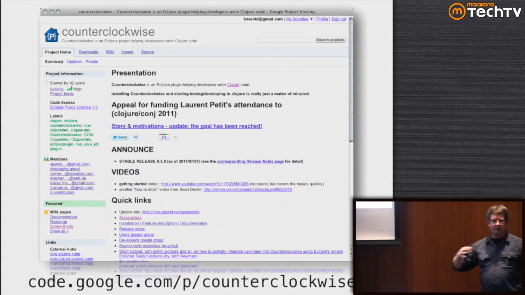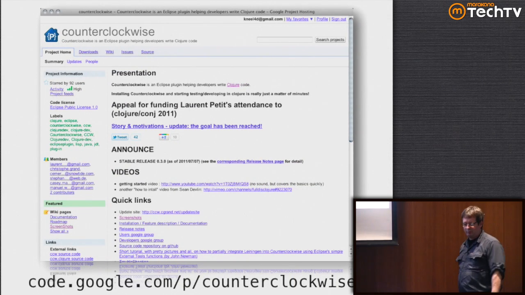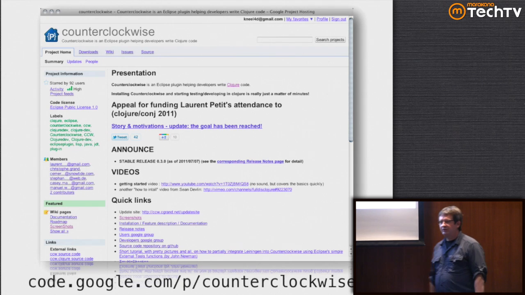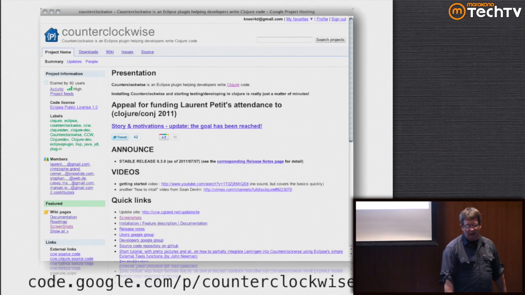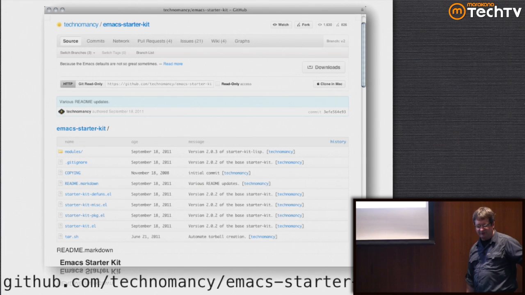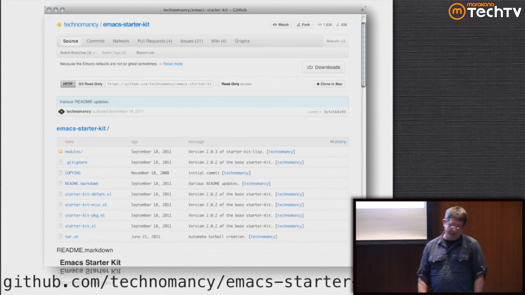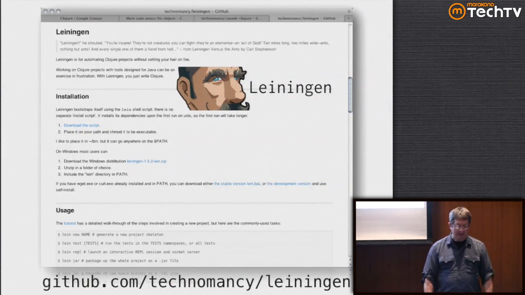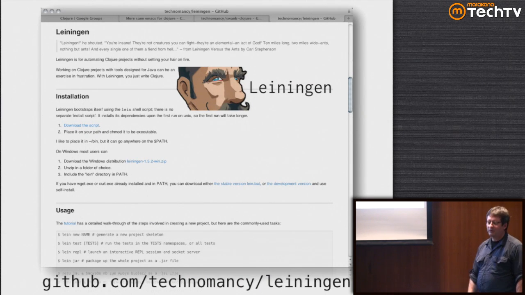So there's an ecosystem, a la the Spring ecosystem, that has grown up around Clojure. There are a variety of different ways to edit Clojure code. If you're a typical Java developer, you're probably in Eclipse, and so there's an Eclipse plugin called Counterclockwise that gives you syntax highlighting and REPL and a bunch of other nice things. If you want to go more traditional old school in Emacs, there's an Emacs starter kit for Clojure that gives you all the bits and pieces to get Clojure up and running inside Emacs. There's also a really nice IntelliJ plugin that does Clojure.